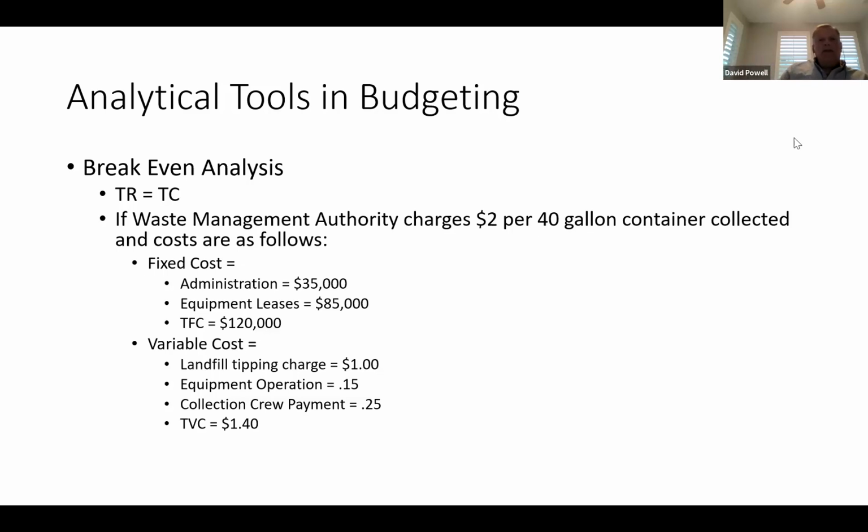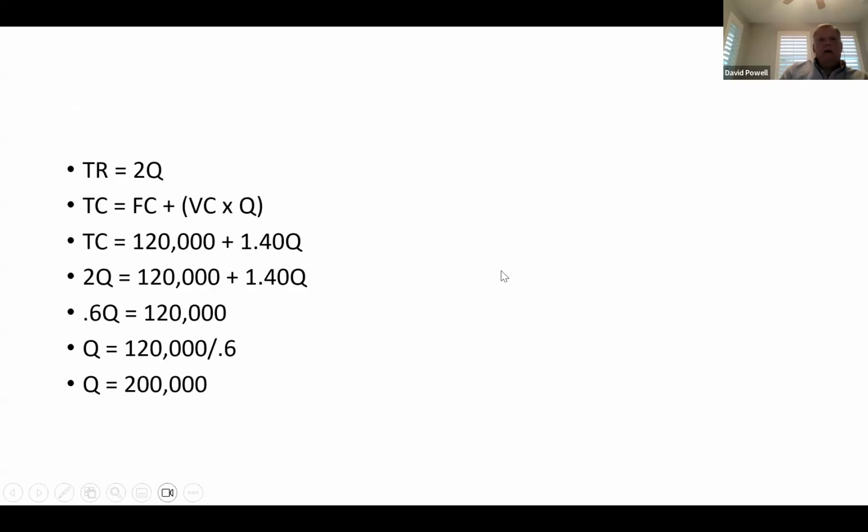A 15-cent equipment operation charge per container collected, and a 25% collection crew payment per container collected. So a total for our variable cost of $1.40, $1.40 per product that we are creating, per trash bin that we are collecting. That leaves us with fixed costs of $120,000 and variable costs of $1.40 per